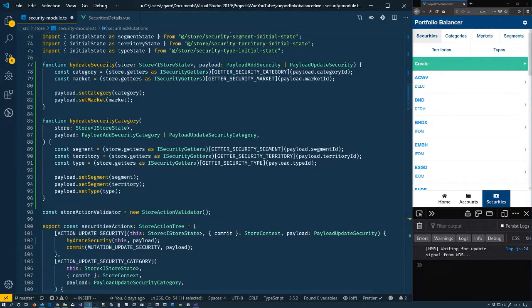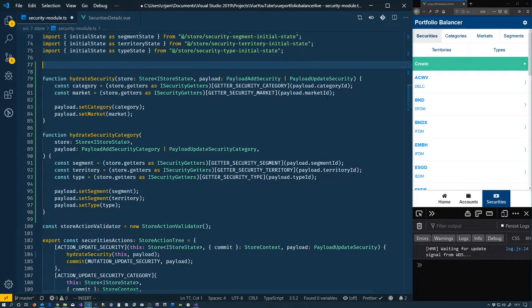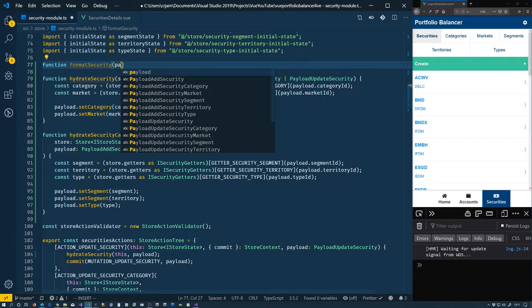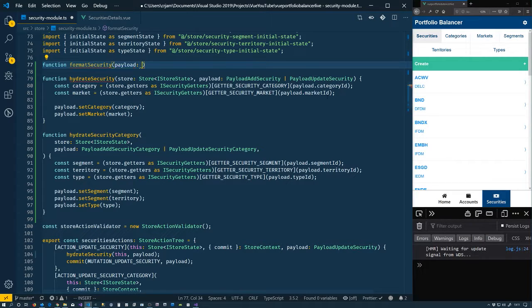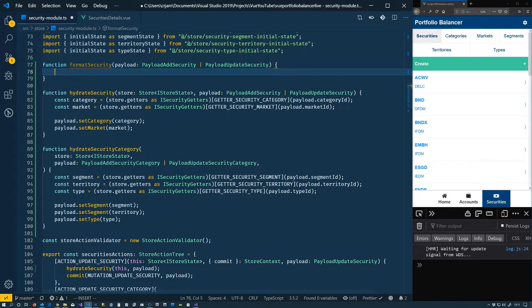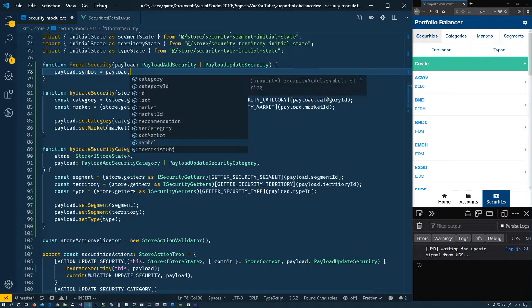So we'll come up here, and we're going to create a new function here. So function format security. We're going to pass in the payload to this, which is the same payload add security or payload update security. And inside of there, all we have to do is payload.symbol equals